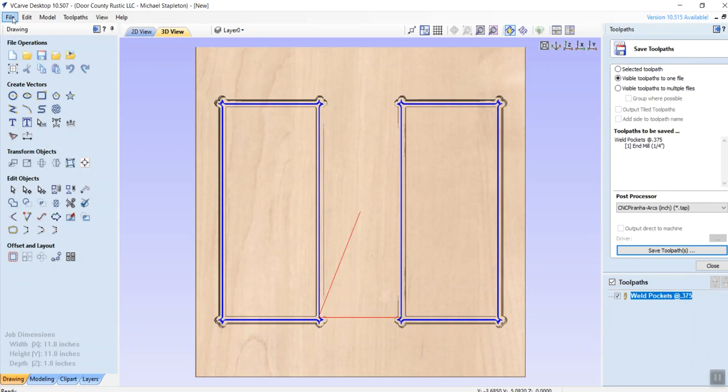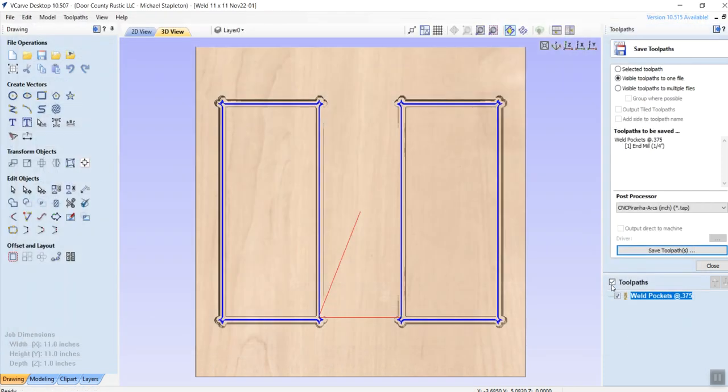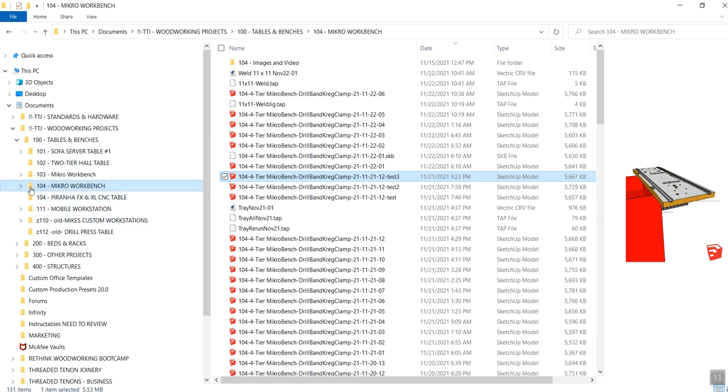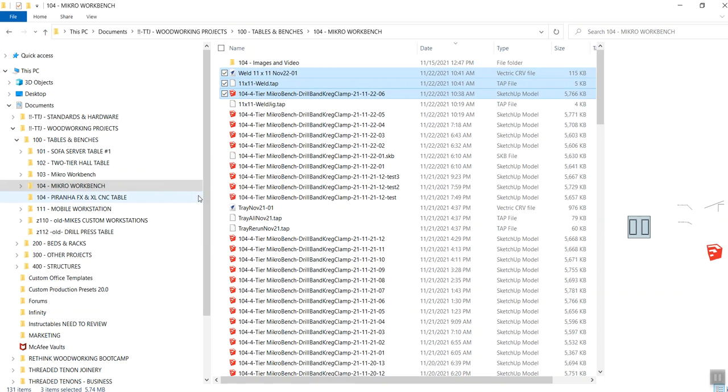And then I can save this file, so file, save as, and I'll call it the same thing. I'll just call this weld, because this is the CRV file, weld 11 by 11, and then it's November 22, and this is version 1, so let's just go with that. All right, so now I have everything there. All I need to do now is go to my drive, and I see that I have up here that tap file. That's the only one I really need to save, but since I like to make backups for other things, I'm just going to go ahead and click on a couple of those, right click, copy,